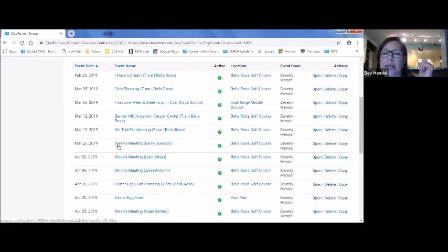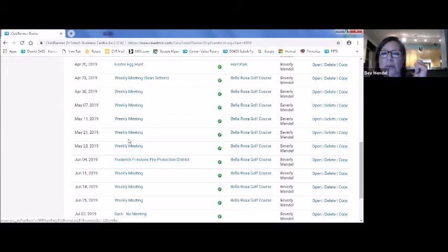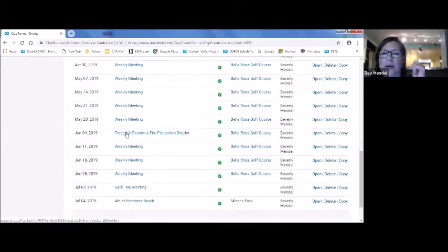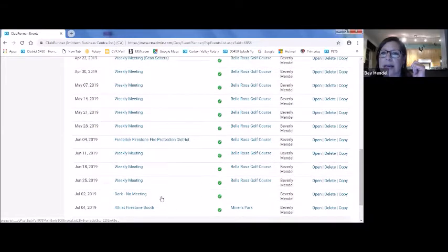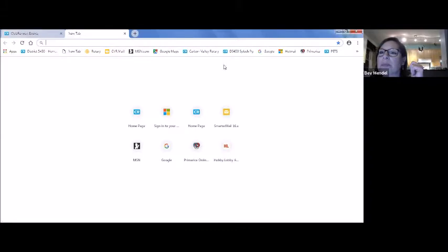The way our club has done it is if it says weekly meeting, we don't have a speaker, our member Gary Gorsuch is assigned to find a speaker for that week. And so that's why there's a name next to these. And so you can see we've got weekly meeting. We do have a few people if we're going to be dark and stuff like that. Here, let me show you what that looks like